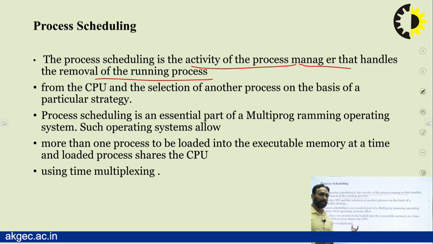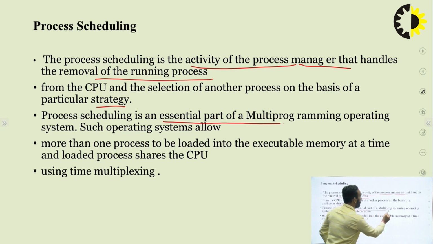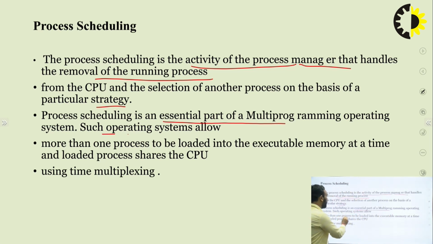What happens when a number of different processes are running within a machine is that the order may be changed as per the instruction by the CPU, or by the user if it is changed on the basis of priority. Second, the removal from the CPU and the selection of another process on the basis of a particular strategy. If the strategy is changed, the order of execution of a running thread may be changed. Third, the process scheduler is an essential part of a multi-programming operating system. Such operating systems allow